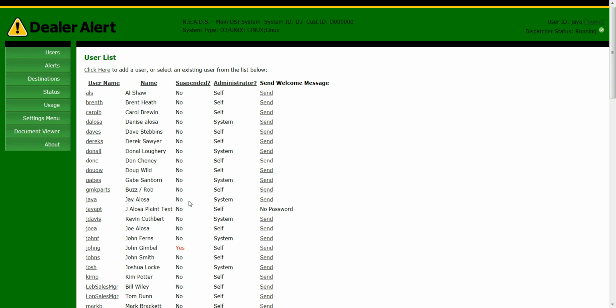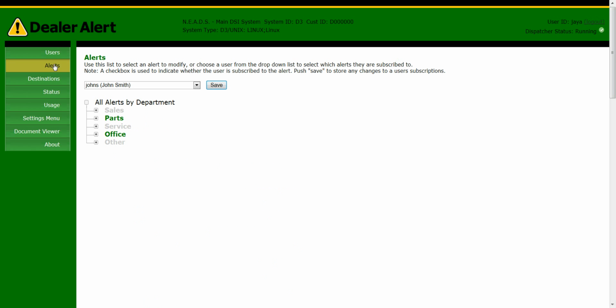Now we've added John to the system, and you'll see that he is now in the list. John Smith is now here. It's great, he's in the system, but now we want to make sure he's assigned to the alerts that we want him assigned to. Now, by default, new users are always assigned to the first alert instance of each alert. So, for example,